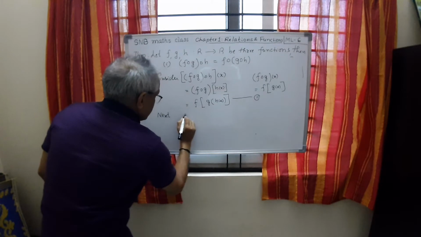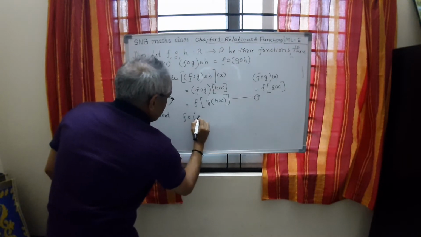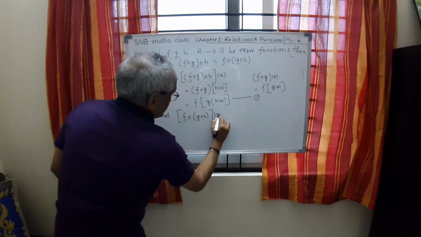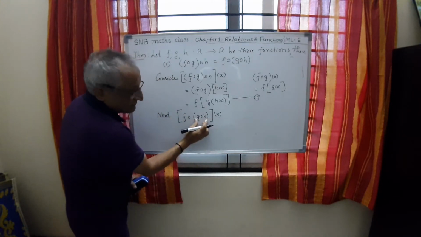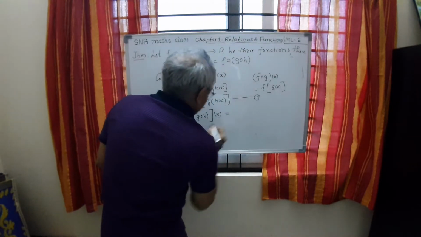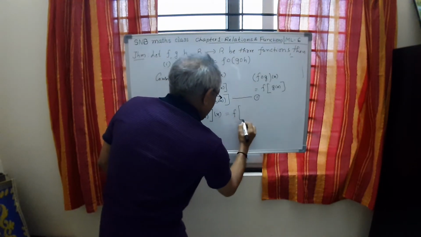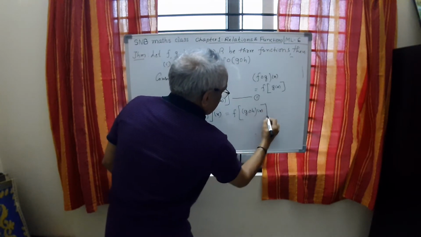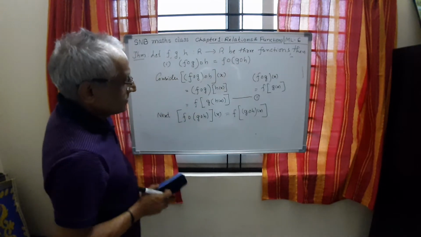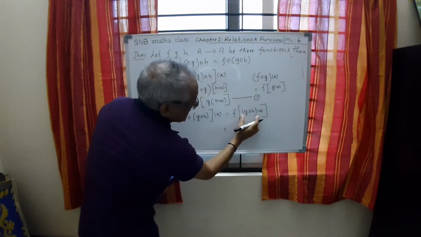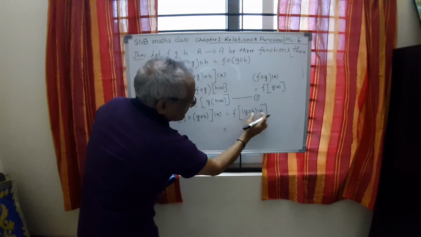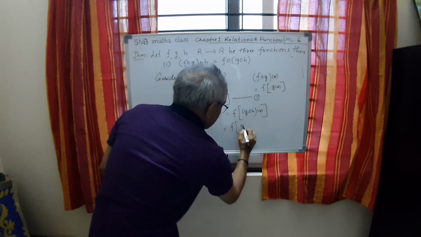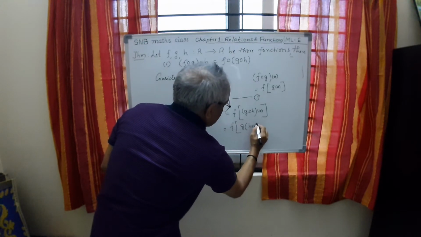When you write f of then bracket g of h then bracket x, here you can treat this as the first function. So this will be equal to, by definition, f of then g of h of x, using the same definition. Inside, what you can write is g of bracket h of x, definition once again. So this is f of then g of h of x.